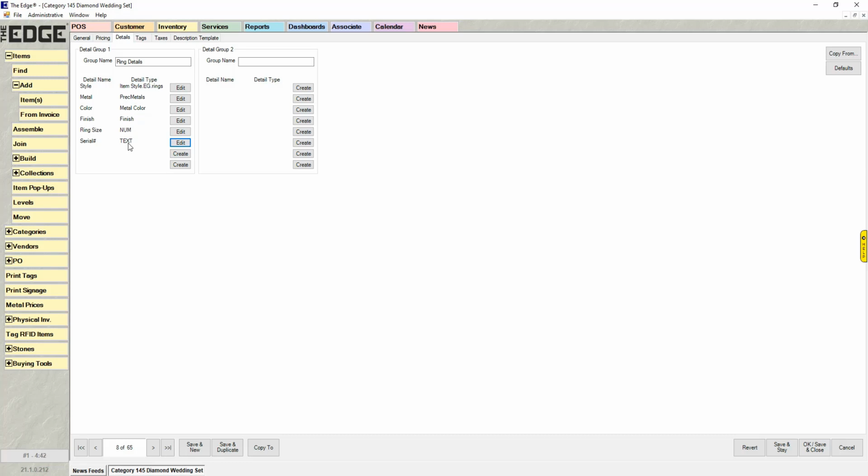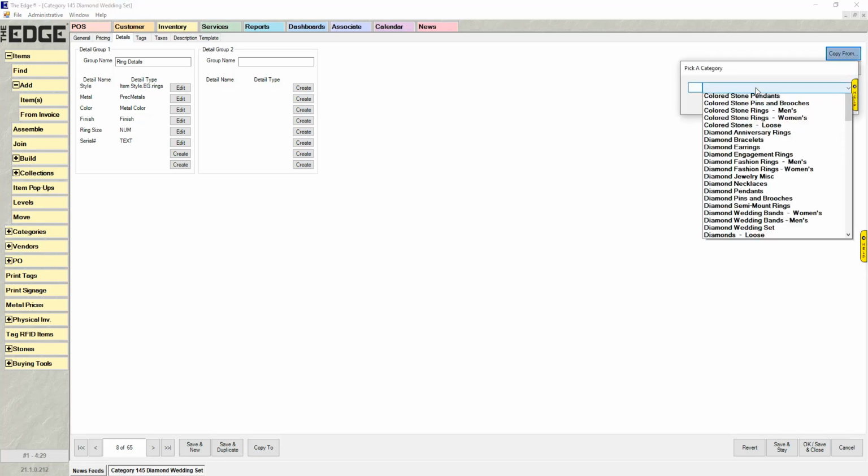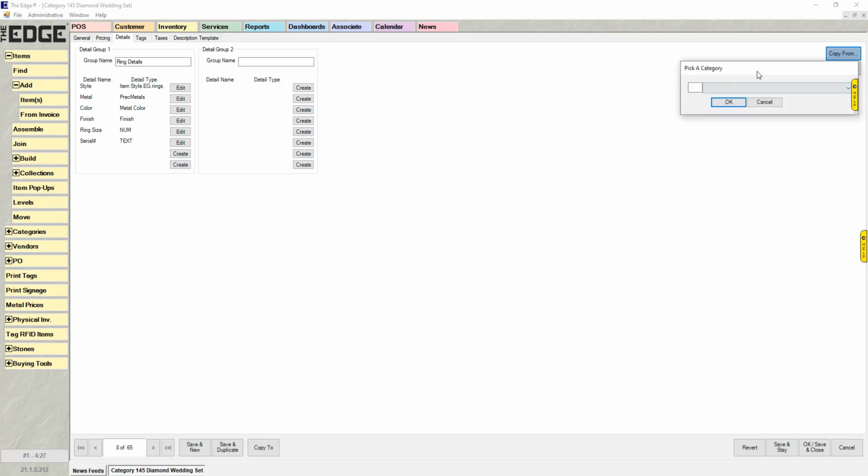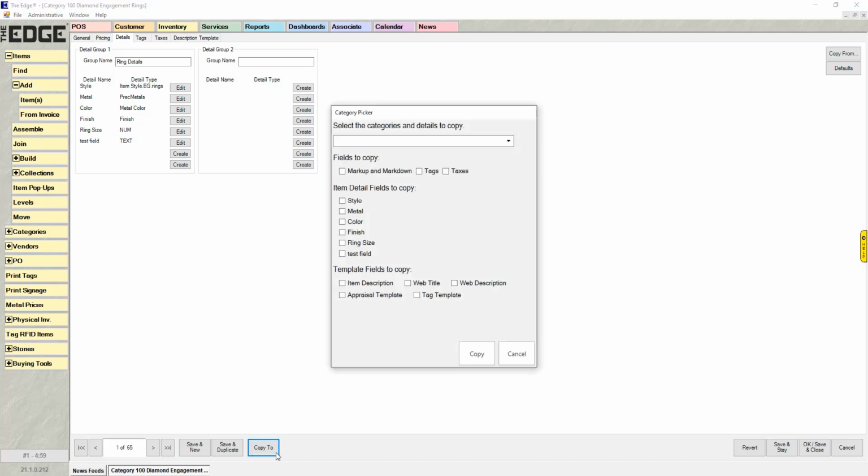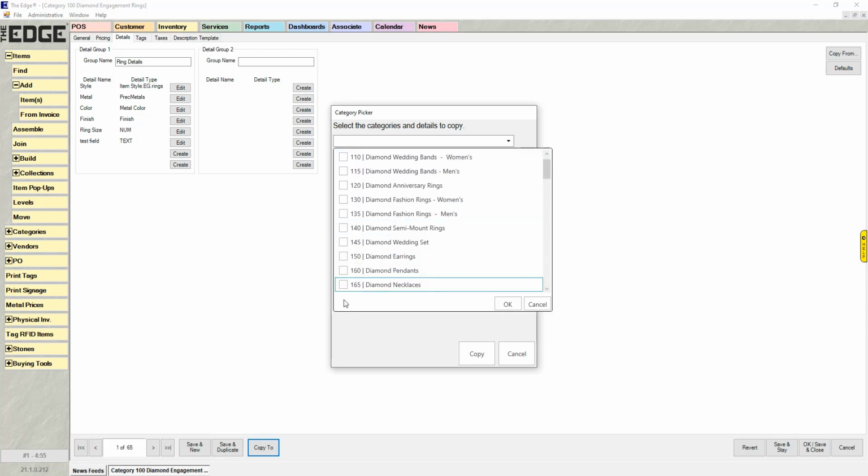The other way of moving details from one category to another is the new button, Copy To. Copy To is kind of like Copy From, except Copy From only lets you do one-to-one. Copy To, if I have a category set up the way that I want it, and I want this to go to multiple, I could do Copy To. Copy To will allow me to select multiple categories that I want to move these details to. So if I choose a bunch